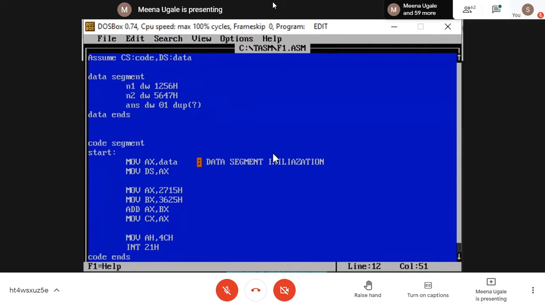When you put a semicolon, whatever is written after the semicolon is considered a comment, which is not the executable part. These two lines I am writing just for data segment initialization.